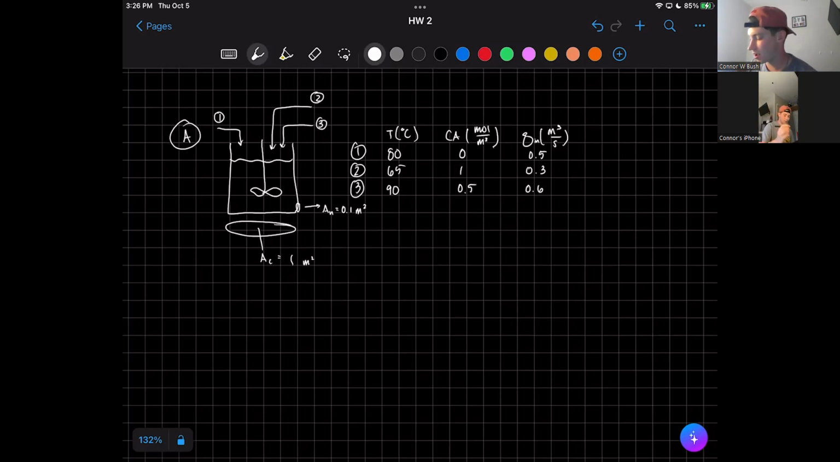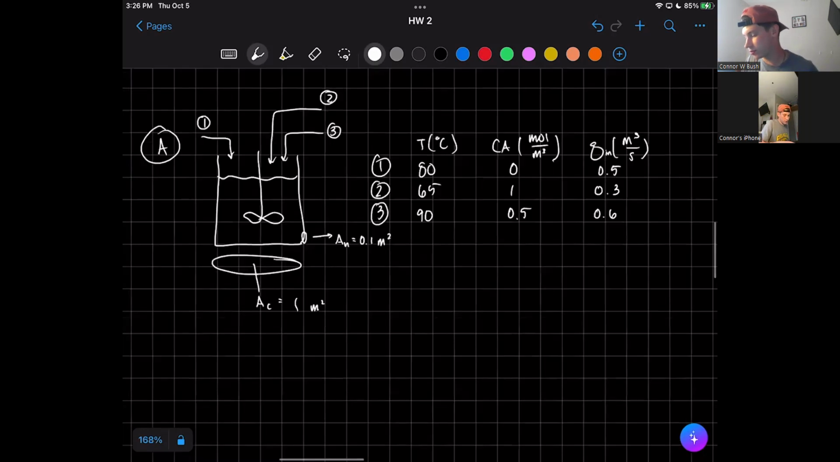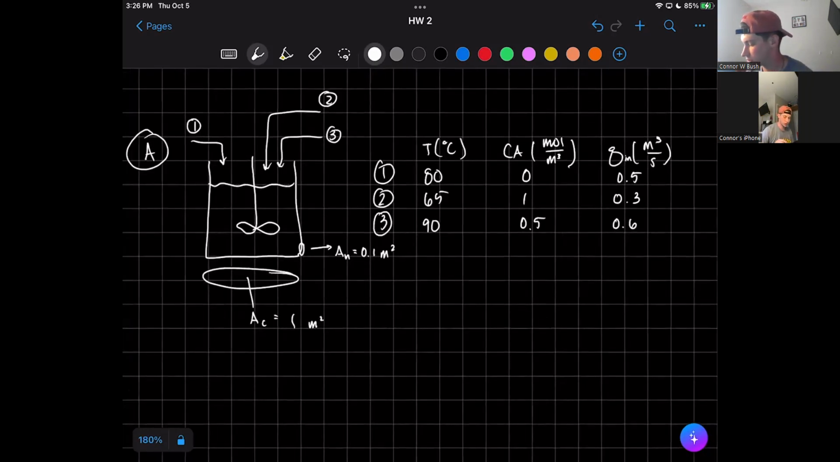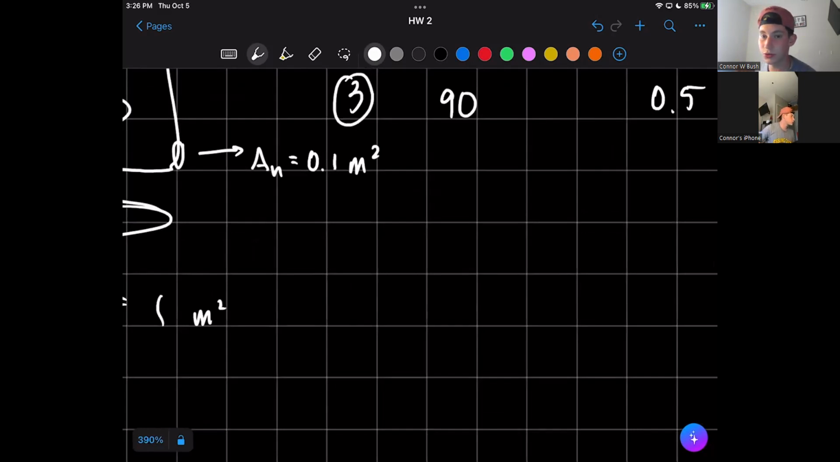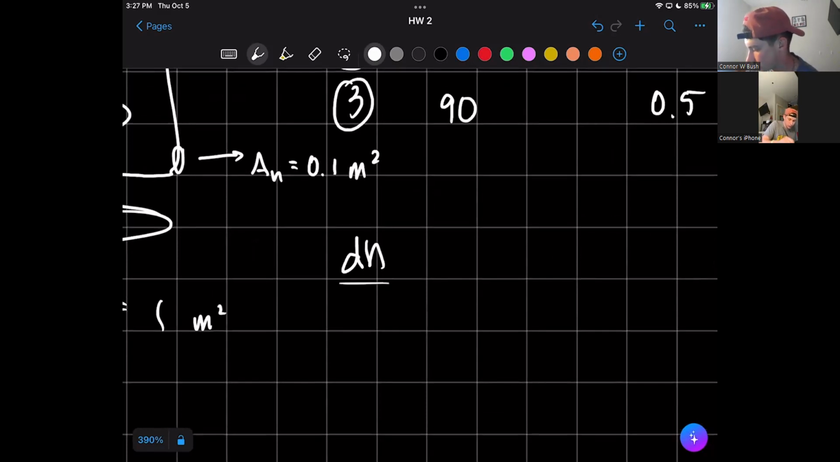So getting into it, I have a schematic drawn here. We have 3 streams coming in, and each of the 3 streams has all 3 of these parameters or initial conditions. And then we see that the hole has a cross-sectional area of 0.1 square meters, and the cross-sectional area of the tank, A_C, is constant at 1 square meter. So to get started, we're going to look at how we derive the equation for dH/dt,